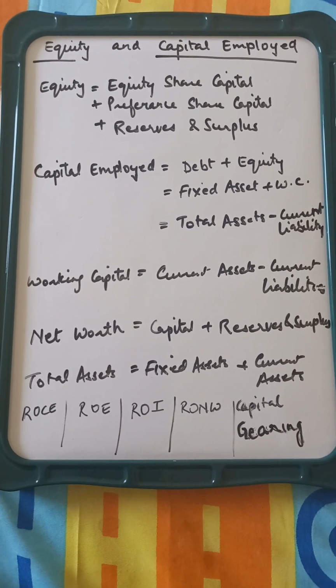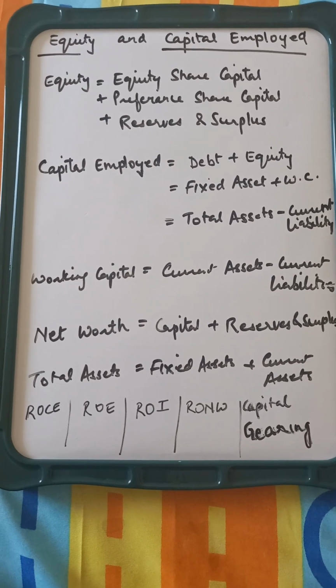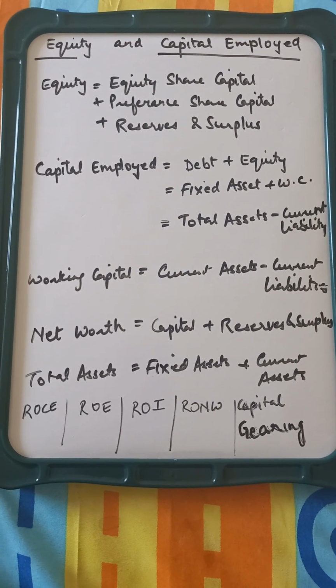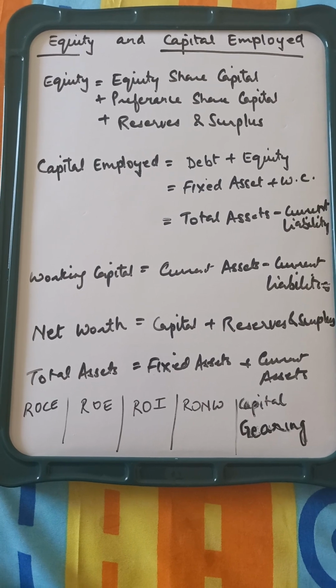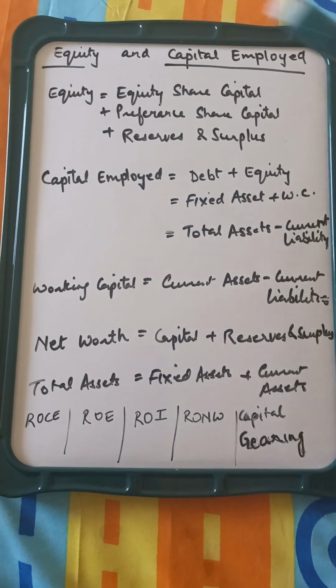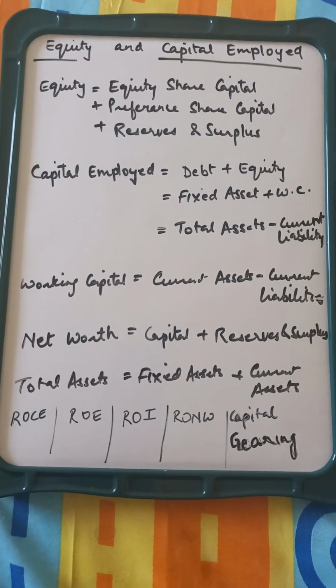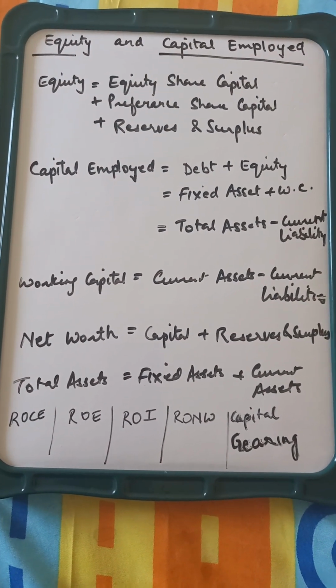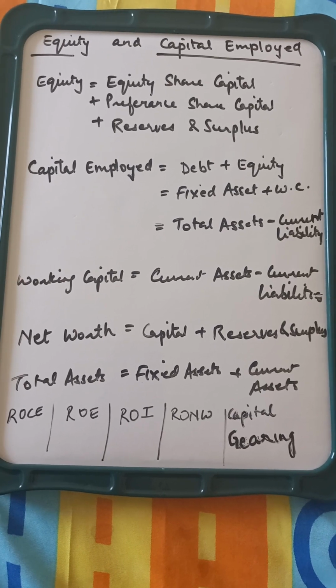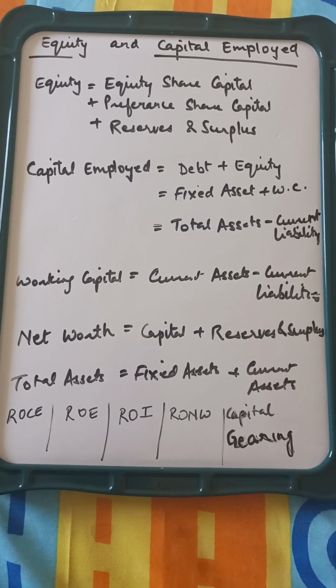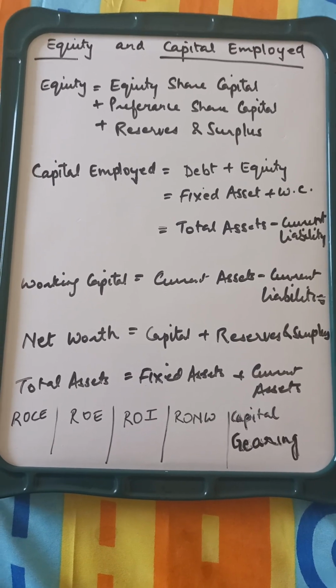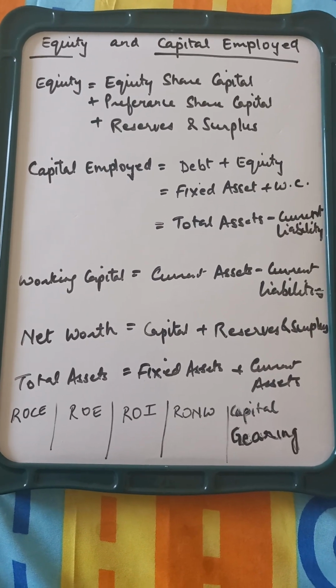So today we are talking about a very important topic. Two items which are commonly interchanged or mistaken for each other, which is equity and capital employed. Now there is a thin line of difference between the two. Equity is different from capital employed. If you see on the screen, the formulas for the same are different, and these two terms are commonly used